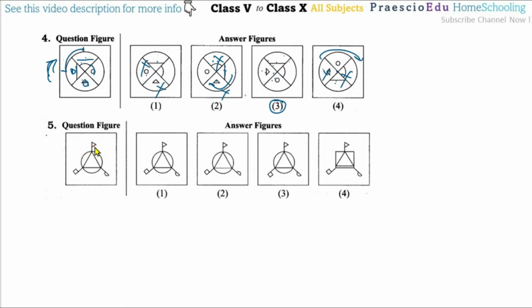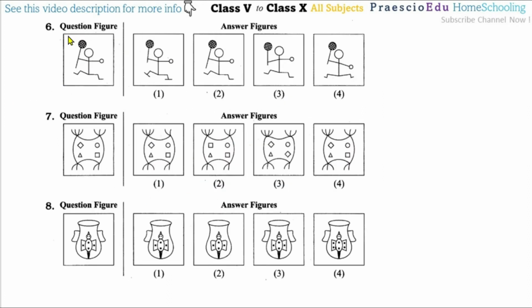So these small triangles like this, like this, like this, like this, okay, same. Then circle, circle, circle, circle, here a square, so this is incorrect. Now this small square, small square, small square, this is a different direction, this is okay, okay, so this is already wrong. Now only 2 options are there. Now this half circle, this half circle, these are in different directions, okay, so this is also wrong, so option number 1 is the correct one. Now question number 6.